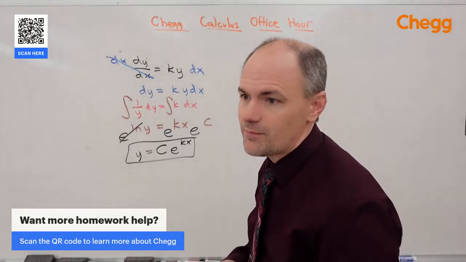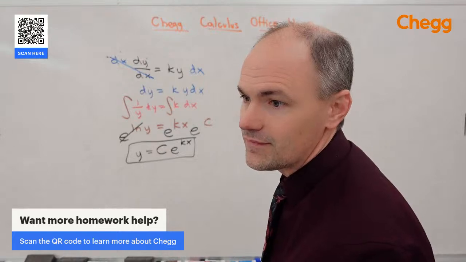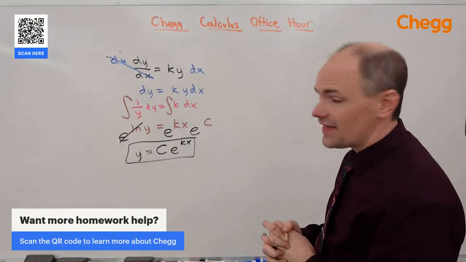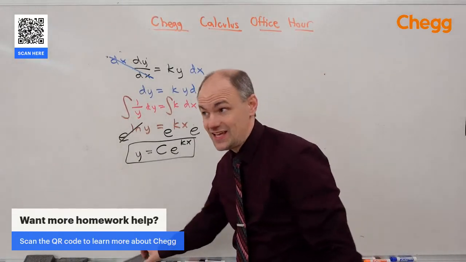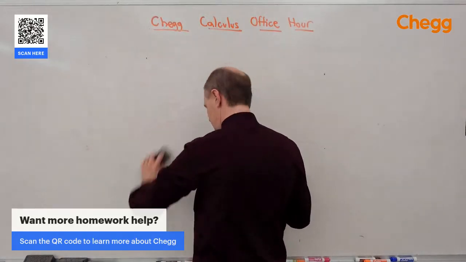Somebody's asking about e to the pi i equaling -1. e to the pi i equals -1. Yeah, that comes from a Taylor series, actually. So let's do a quick look at Taylor series and what they tell us. So the idea of a Taylor series